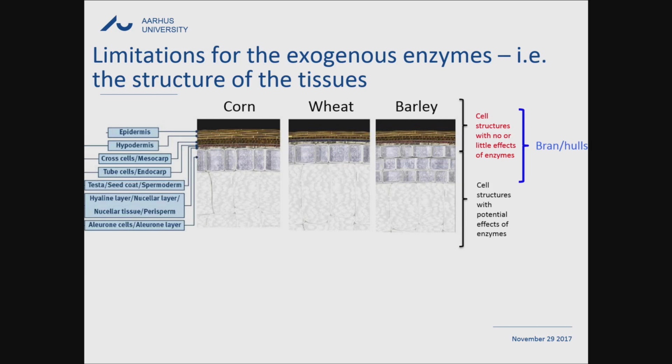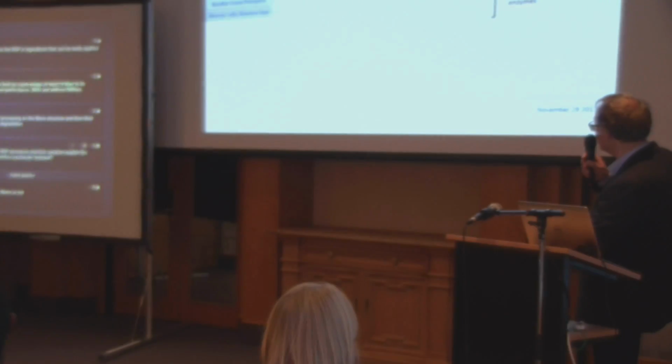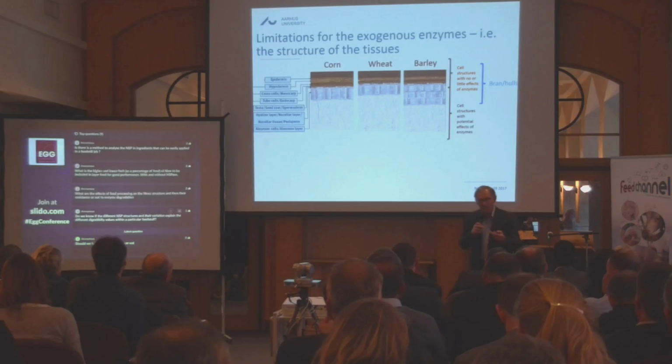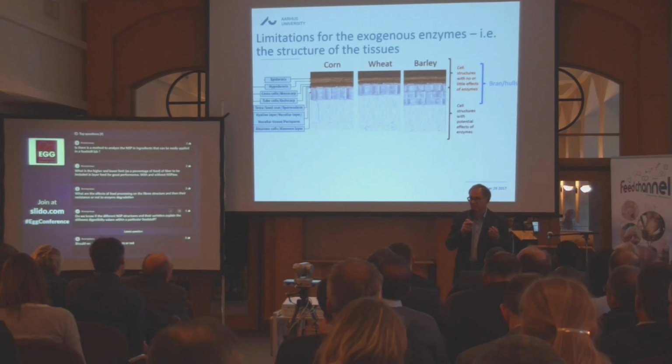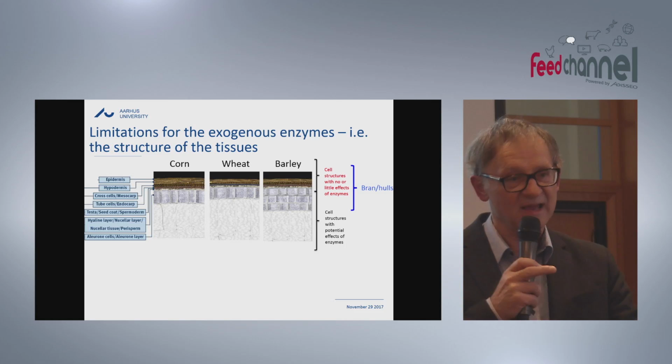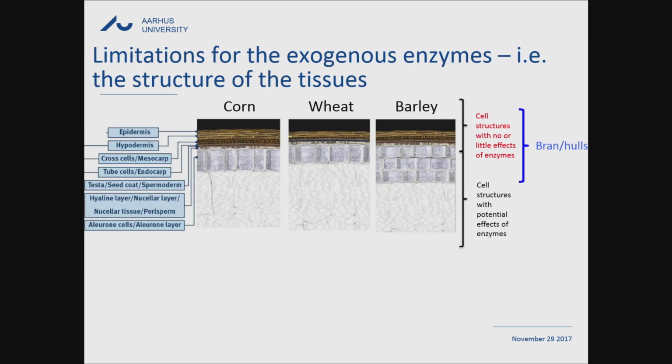This picture will not do anything. If I go to the protein-rich material, I think we see about the same picture: the polysaccharides present in the cotyledon and the germ can be handled, and to a smaller extent also some of the polysaccharides in the hulls of non-lignified materials. Whereas when you come to, for instance, the hull layers of rapeseed meal and rapeseeds and also of sunflower, I don't think we can really handle them to any larger extent.